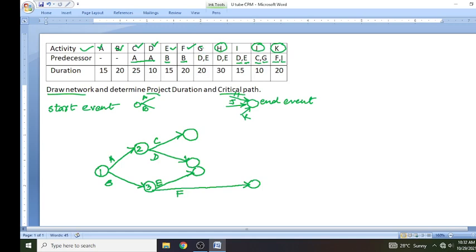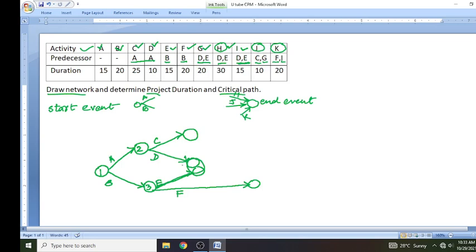Okay, now after this, D and E. G can start after completion of D and E both. Also, H can start after completion of D and E both, and I can also start after completion of D and E both. This means H cannot start if D is completed but E is pending. That's why here we can combine these two circles in one circle.